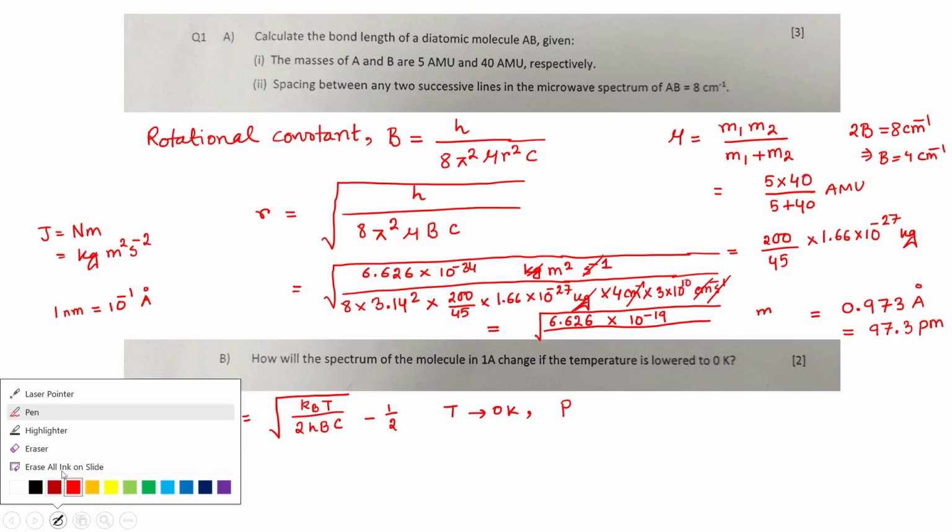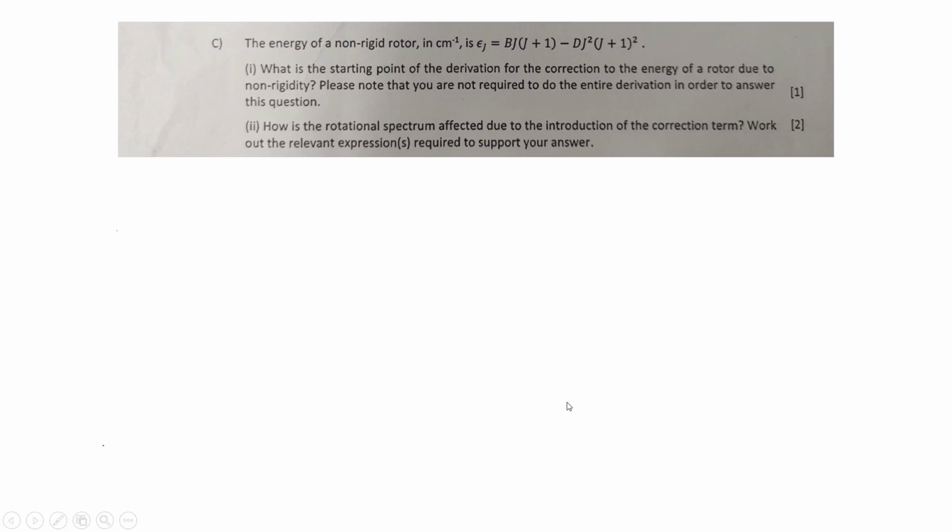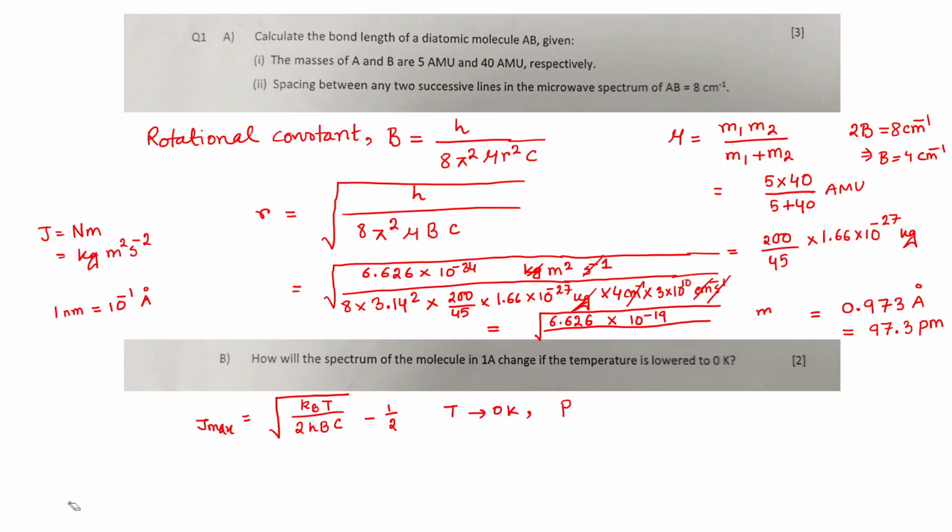So J max, not PJ max, sorry. J max is showing to be, actually it is coming out to be minus half, but as we discussed earlier, J is not continuous. So we have to go to the nearest integer value, and that is 0 in this case, and it cannot be negative. So J max can be 0. 0 means it is in the ground state. So all the population